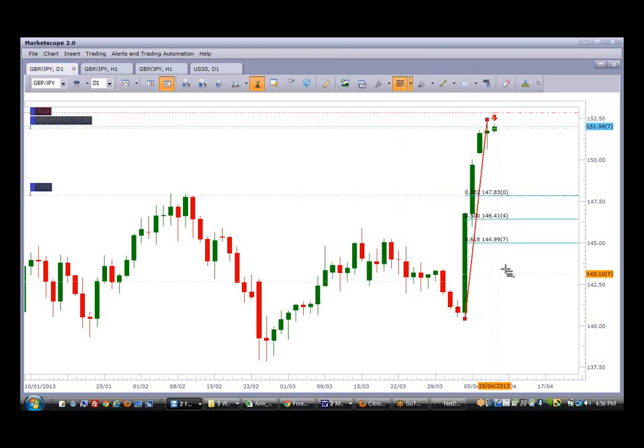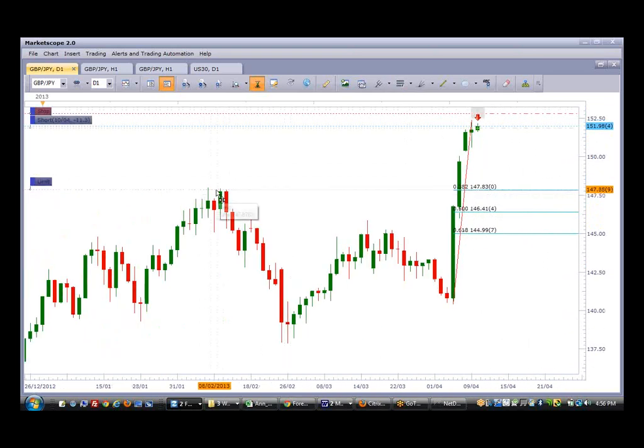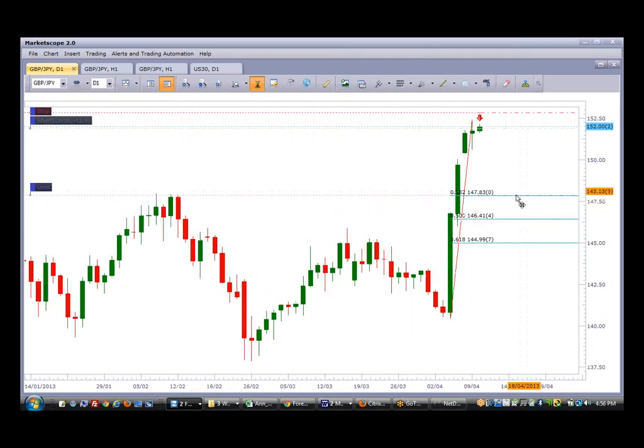And target is the 38% right there, which is also a good level of demand. The best level will be here, of course, below the 62%. Even the 50% is a good level there, but we're happy to have a nice profit to this area here.